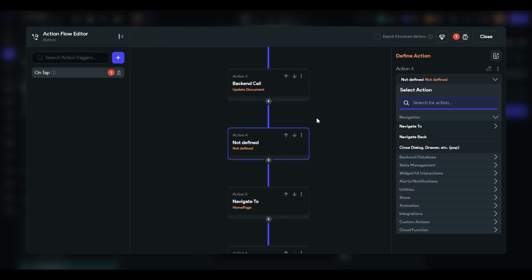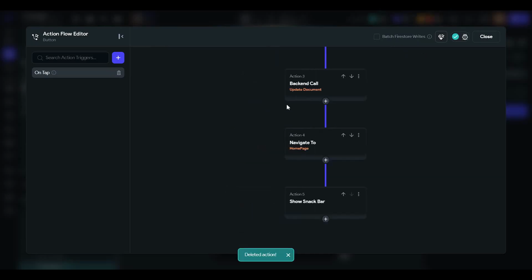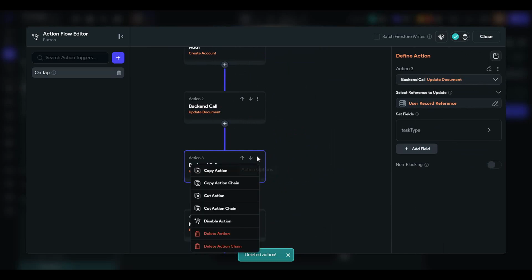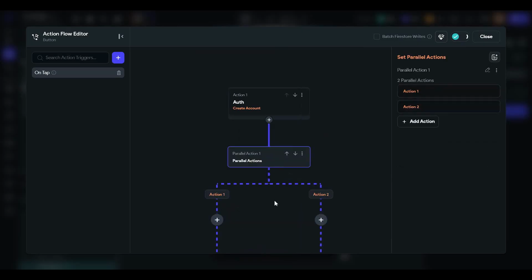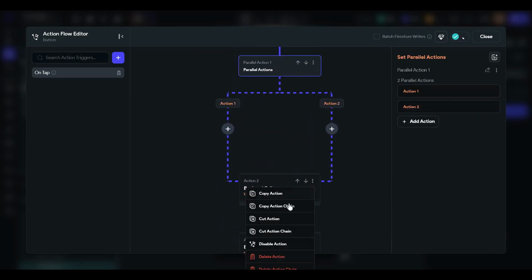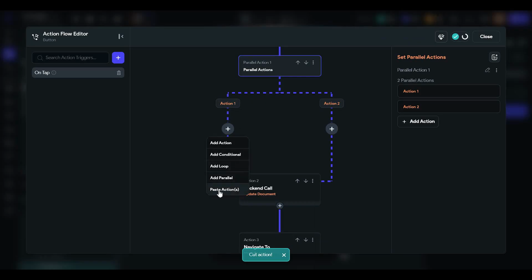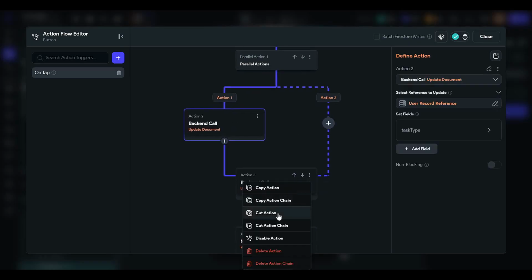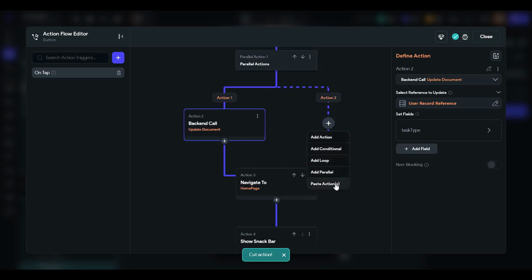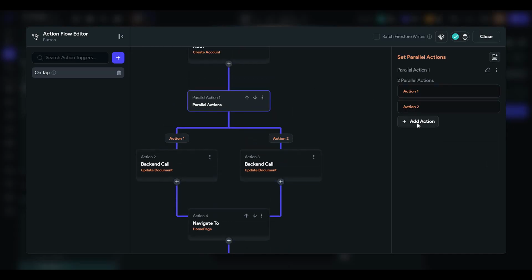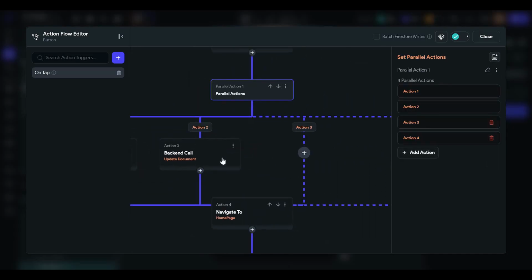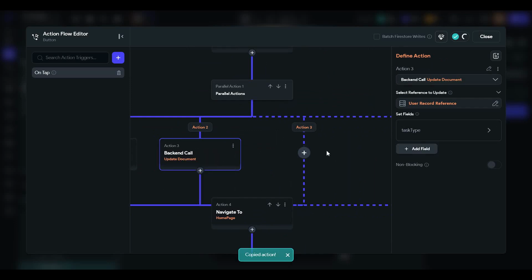So copy action, actually we can make this parallel action, add parallel, so we don't need much time, all of these actions will be executed parallelly. Cut action, paste, add another action, we need total 4 actions, okay. Copy action, paste, third one is shopping, and the fourth one is